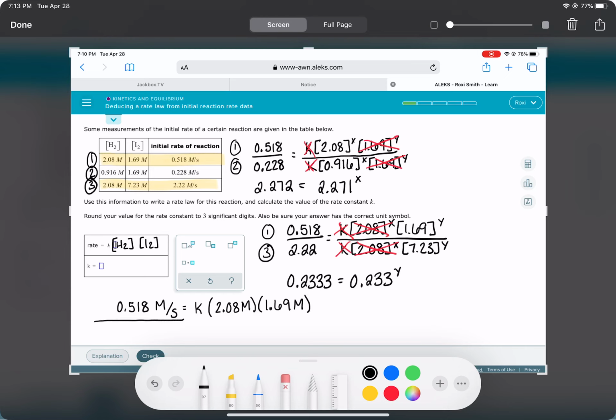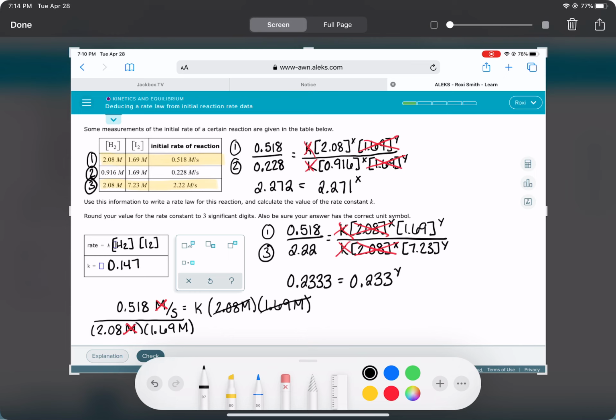So we're going to do the math. We're going to move these 2.08 and 1.69 terms over to the left side. 2.08 molar and 1.69 molar. One of our molarity units will cancel, but only one. 0.518 divided by 2.08 and divided by 1.69. Numerically, we're getting